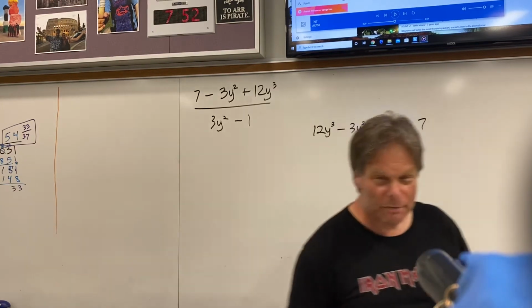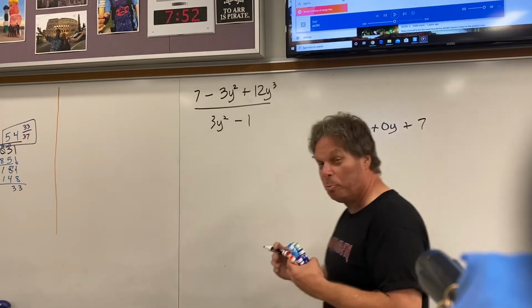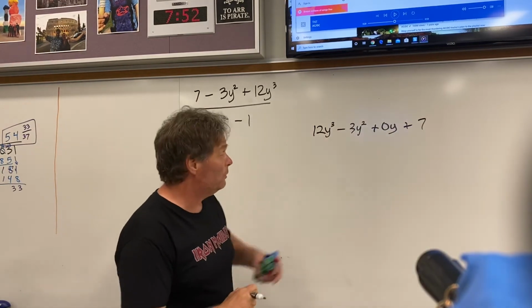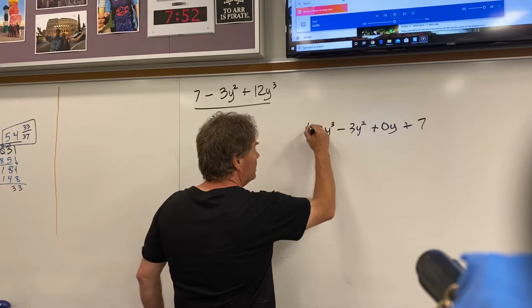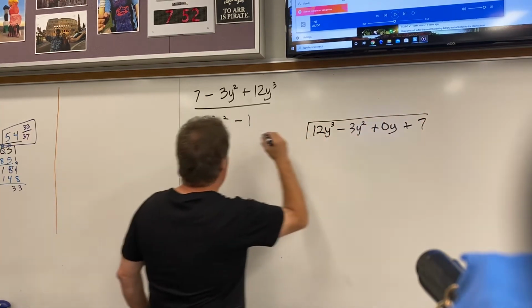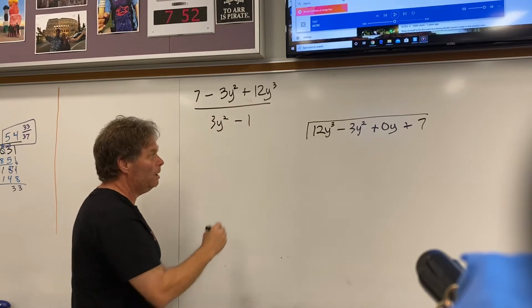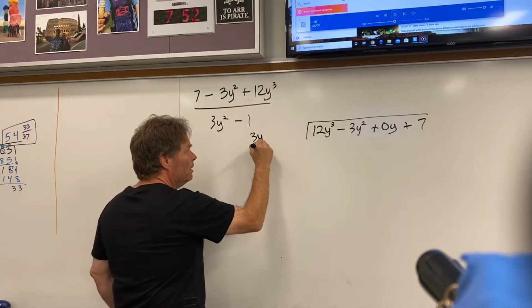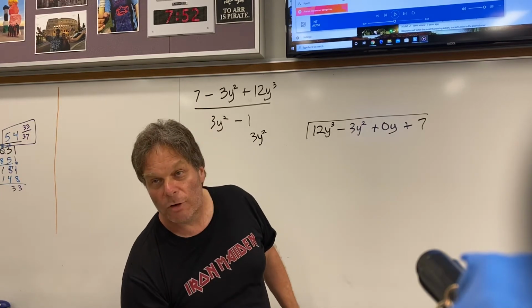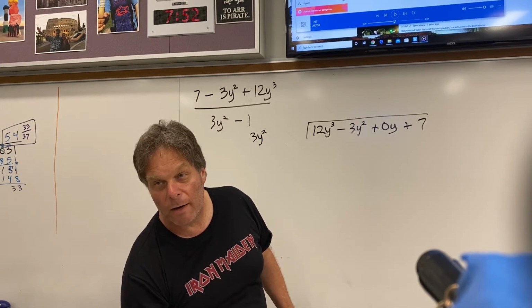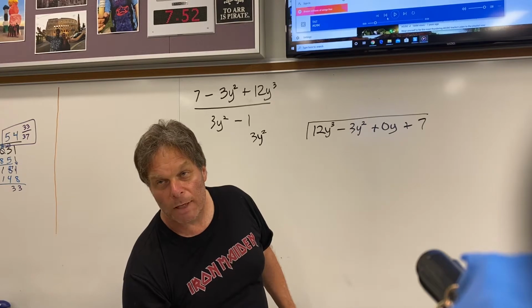All right, well, anyways, there you go. So that's it. You put an oi there because there was a single power y term missing. Okay, now secondly, you do this. Wait a minute, 3y squared minus 1. So I need to put 3y squared. But you know what? There's a missing y term. So you know what I should possibly put there? I don't know. I'm thinking maybe oi,